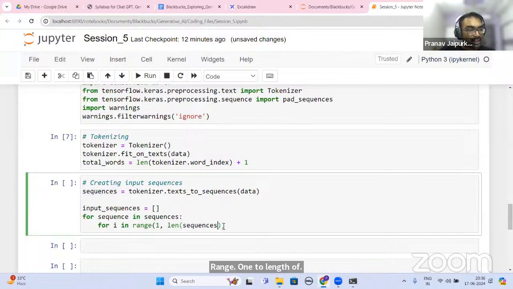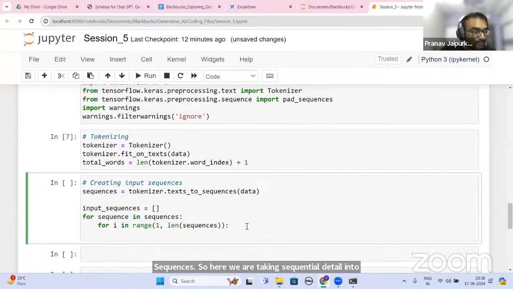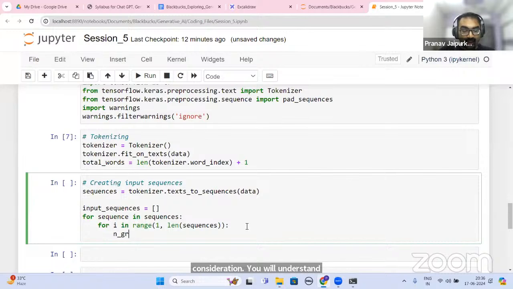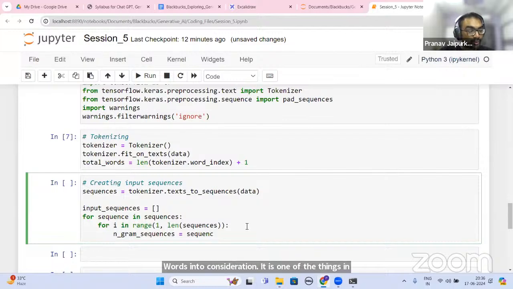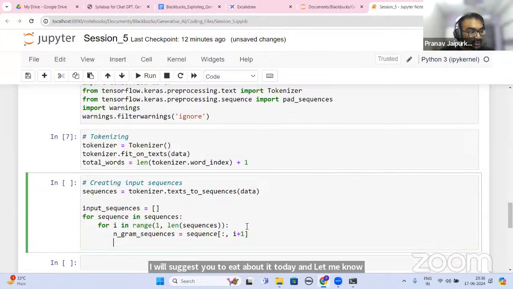So here we are taking sequential data into consideration. You will understand shortly why. N-gram is another thing. N-gram is taking n consecutive words into consideration. It is one of the things in text pre-processing. If you don't know about n-grams, I will suggest you to read about it today and let me know if you are having any questions or doubts in that.